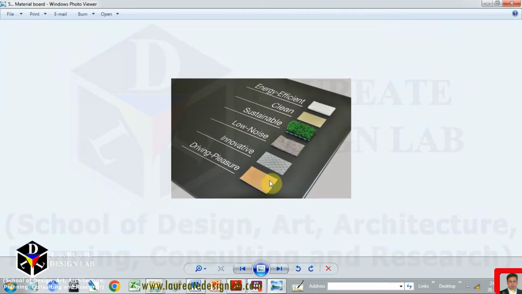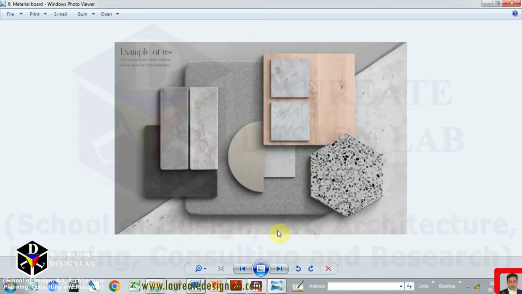You may have anything you want, any important material which you are going to use in your interior space, that is to be taken into the board. Okay. So this is just the presentational way of putting your material board,